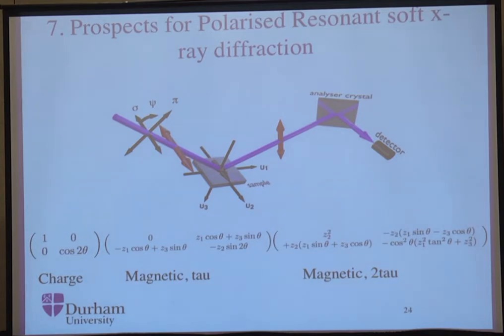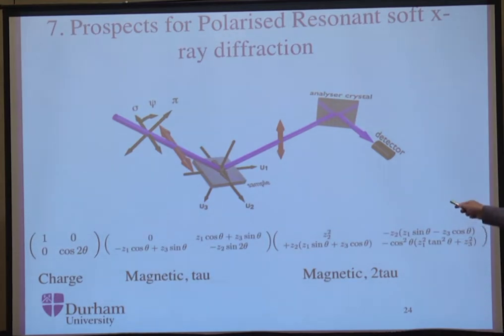Okay, I'm going to finish off by just showing you what more you can do with resonant soft X-ray diffraction, but this uses not the circular dichroism of the beam, but the linear polarization. So here we would come in with a linearly polarized X-ray beam, so this would be, say, horizontally polarized. And it interacts with the sample, and there'd be a scattering angle theta, and it would diffract off our horizontal sample here at angle 2 theta, and we could then analyze the scattered polarization of the beam by using an